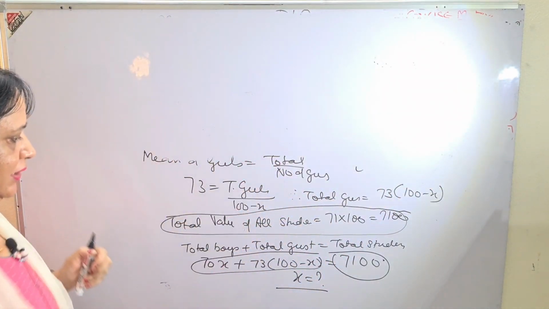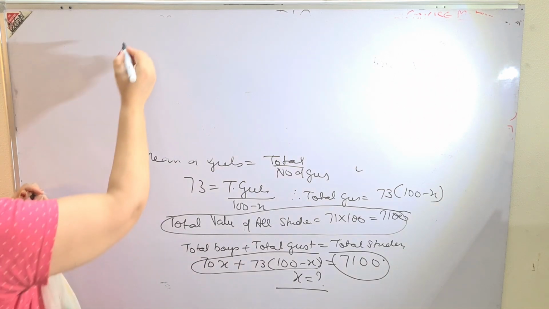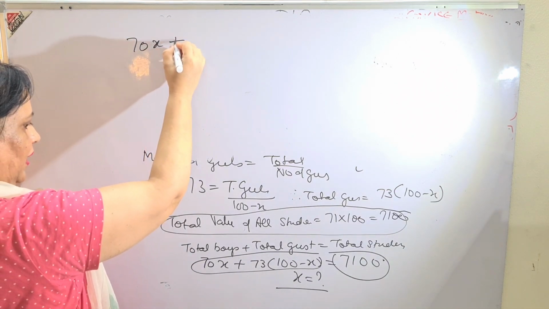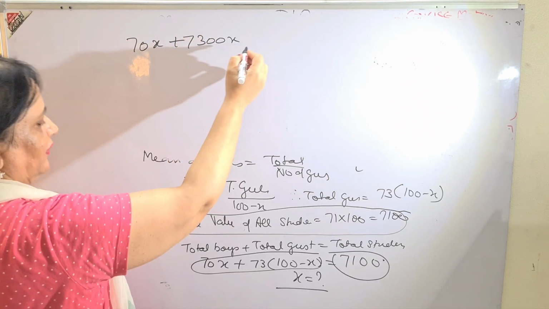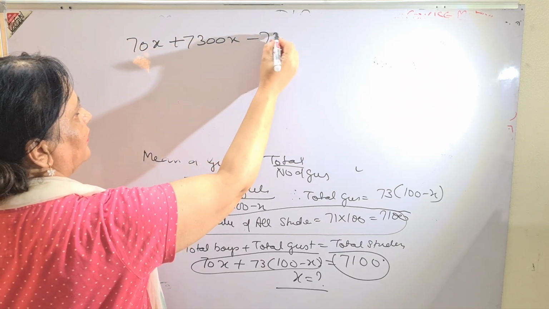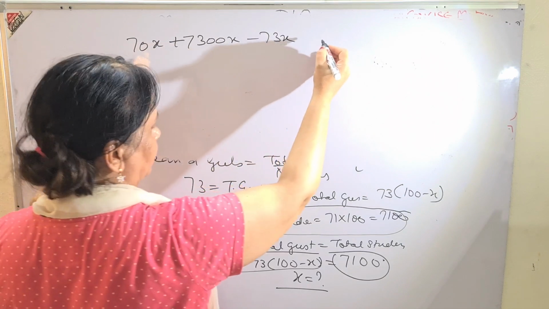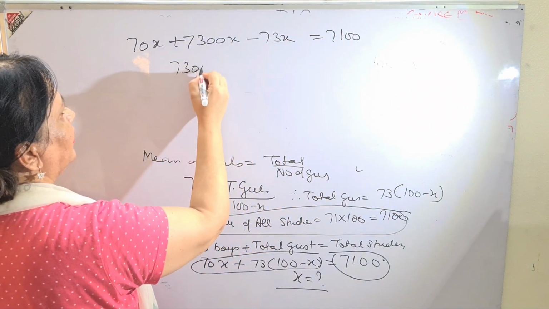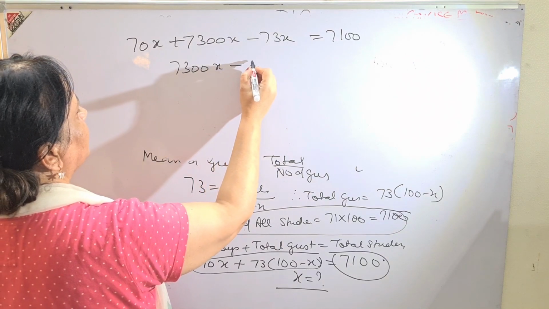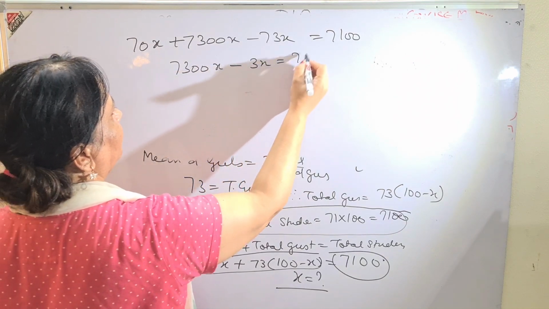So just listen to me. 70x plus 7300x. I'm doing this so you don't get confused. 7300x minus 73x is equal to 7100. So very simple, children. 7300x minus 3x is equal to